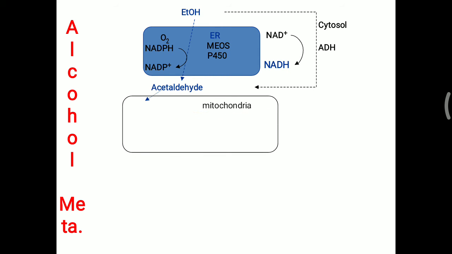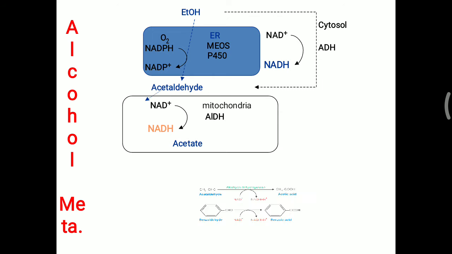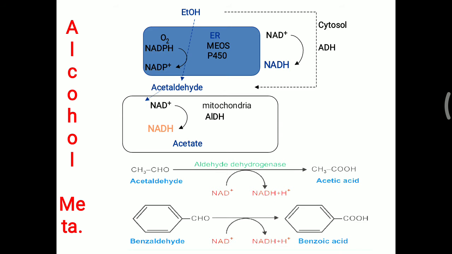the help of the mitochondrial aldehyde dehydrogenase enzyme, and this enzyme sometimes depends on the genetic pattern. So some people have an inactive or low catalytic activity type of this aldehyde dehydrogenase, and that is creating a problem. If it is not working properly, then acetaldehyde will remain accumulated in the liver and liver cell damage can be seen. So acetaldehyde to acetate is an important oxidation process and the best example of the phase 1